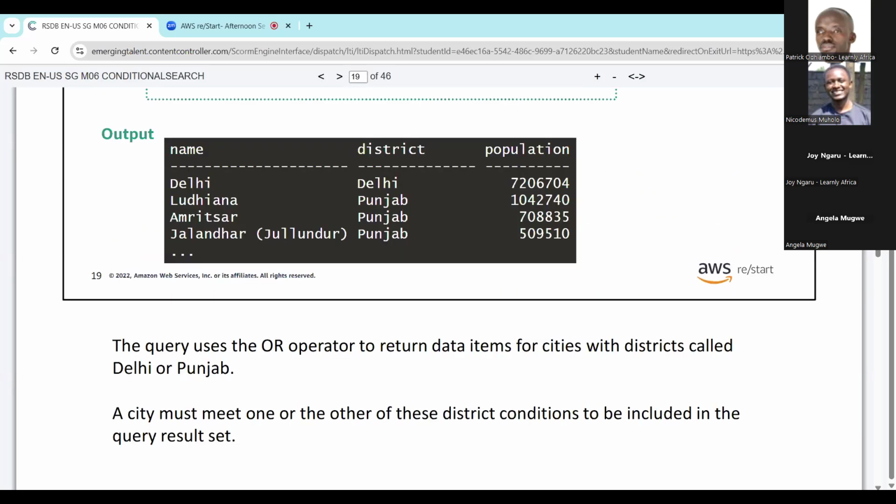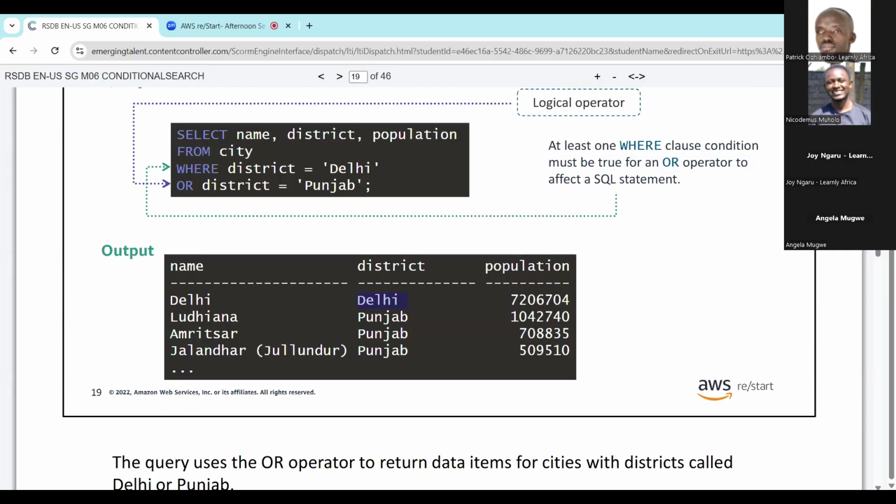Okay, so for example, this district only met the where district equals Delhi SQL, whereas this Punjab Ludhiana, it only worked on district equals Punjab statement. Okay,